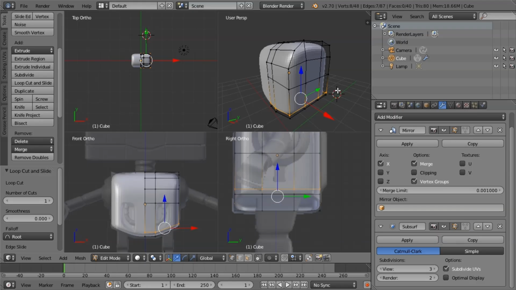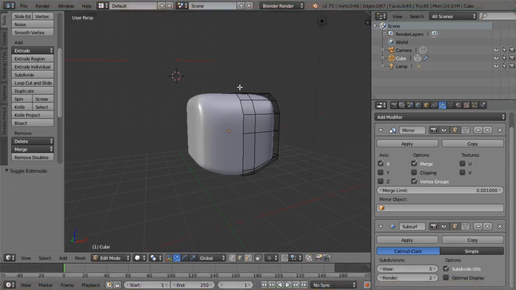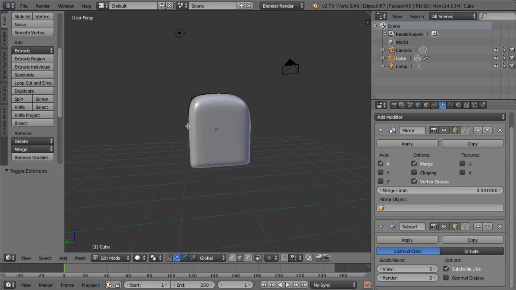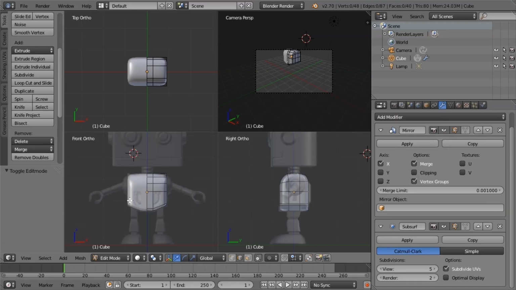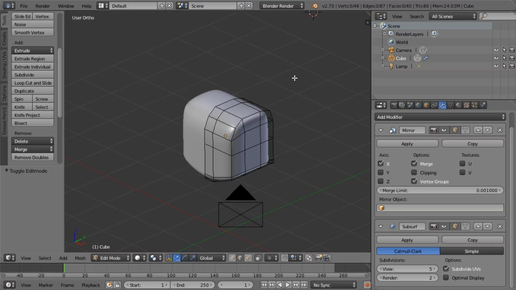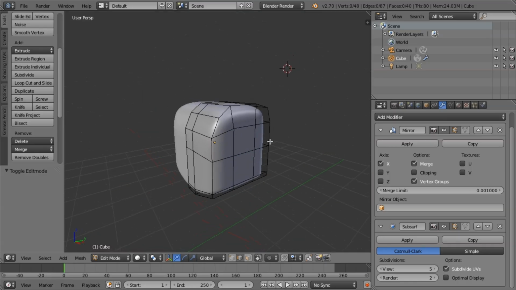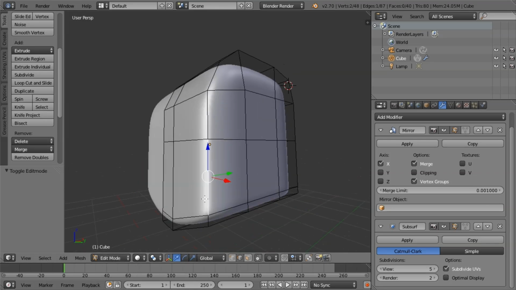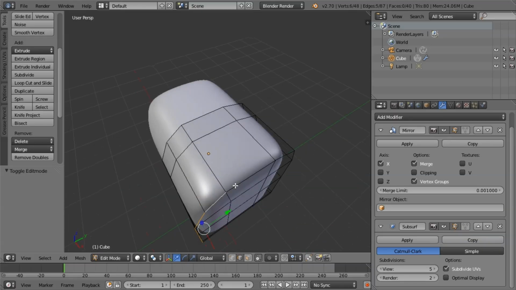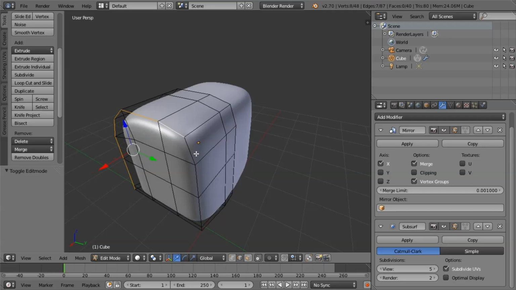So the next thing that we'll do is go ahead and create some kind of beveled corners of the shape. So coming along here, we want to have kind of a flattened piece. If we take a look at our artwork, you can kind of see that edge there. So if we want to bevel this, what we can do is select the edges. So we want to make sure that we're in edit mode, and we'll go to an edge selection. And let's come in here and actually just select the specific edges that we want. So I'm going to select these coming across here,